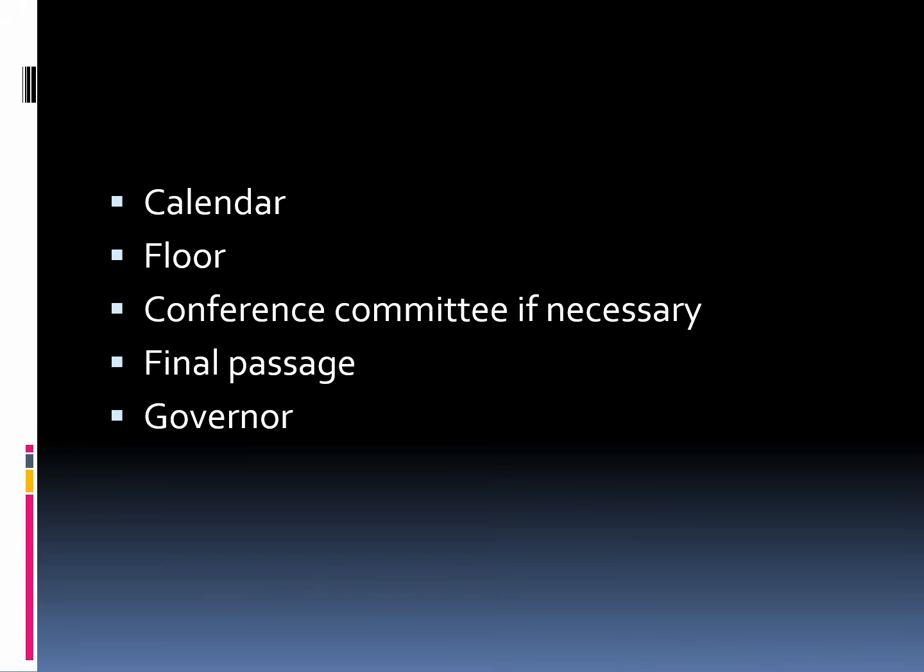Okay, so those are all of the procedural tools that give the lieutenant governor and the speaker of the house so much power. What you should have picked up from this part is that they have a lot of influence in that they appoint people to the committees, that they will appoint the committee chairs, and that the way the laws are going to be coming out is going to tend to be more predictable because they're the ones that are appointing these people to start with.